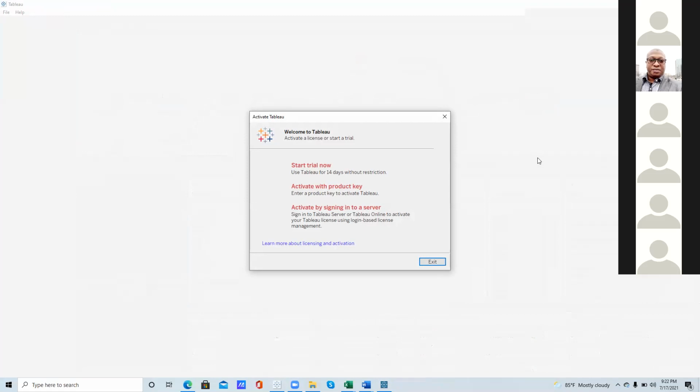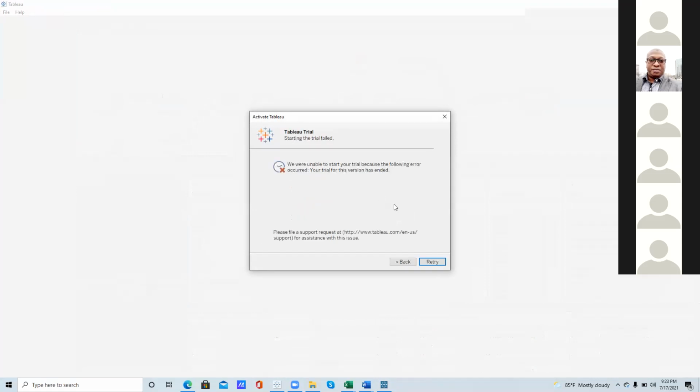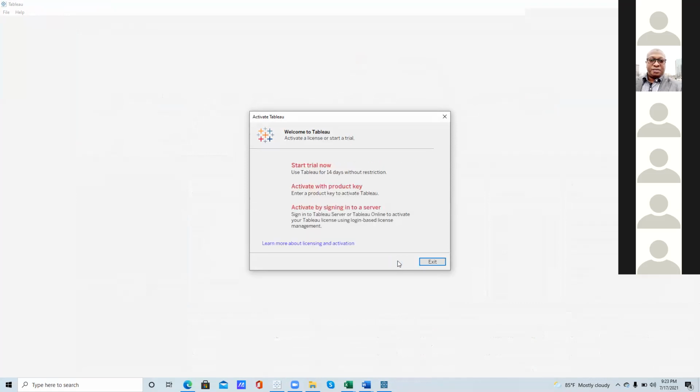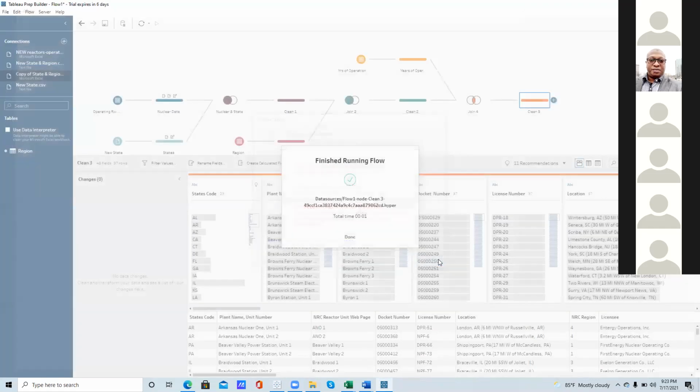Click start trial now. No, okay, your trial is over, but your Tableau Prep key, don't worry. You have your school email, so we will try and get your Tableau Prep and Tableau Desktop with your school email so you can have the full version. Okay, so for now, just exit the preview. Yeah, just exit. Exit. Okay, all right.